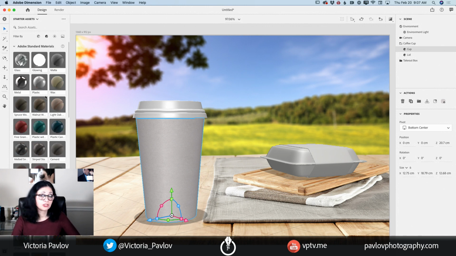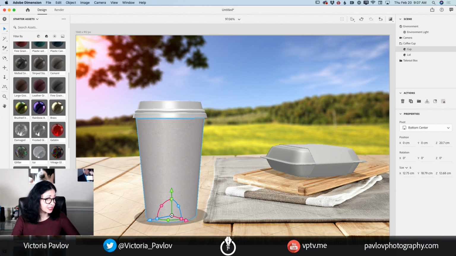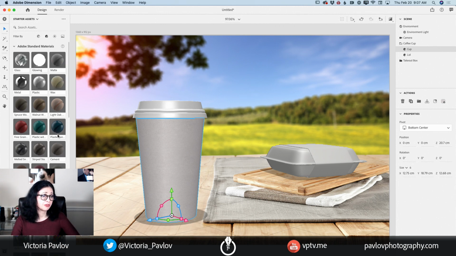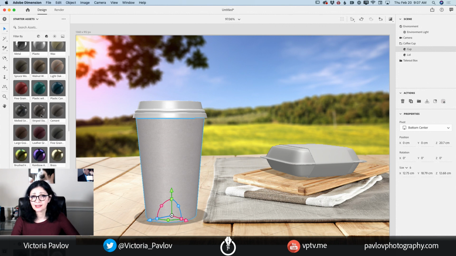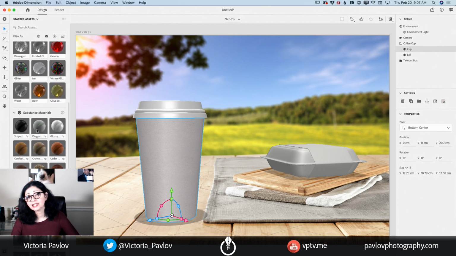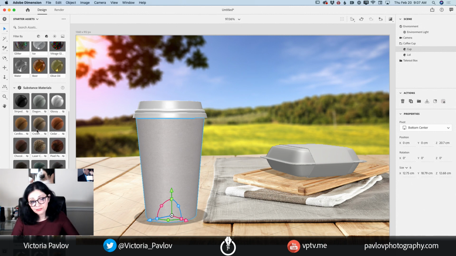Here guys we have two types of materials. We have Adobe standard materials and we have substance materials. It's up to you what you would like to prefer. If you will use Adobe standard materials, all materials come with standard adjustment sliders. If you will use substance materials, each material is unique. Each material has different sliders, different parameters, so you can create definitely